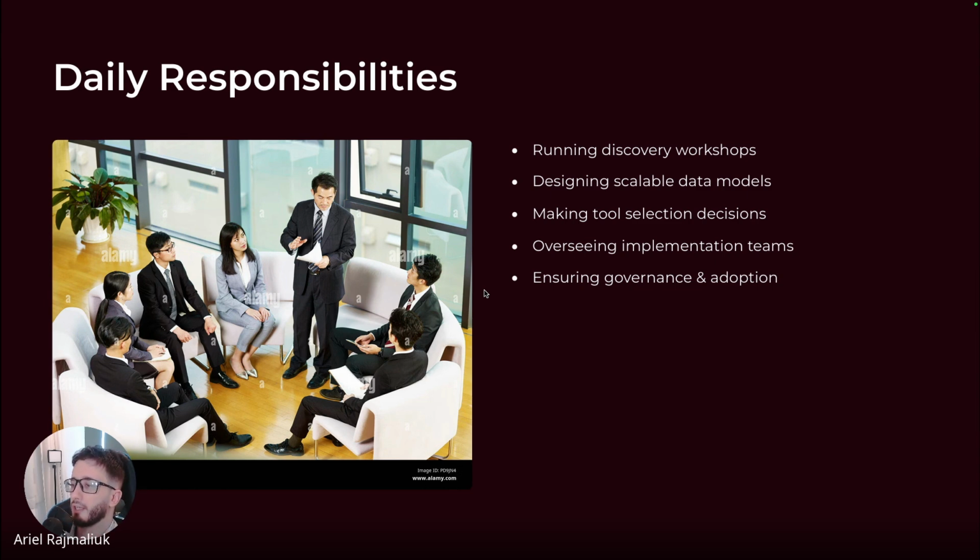Then you will need to make tool selection decisions. Okay. And as I said, when you are a HubSpot solution architect, you need to define what tools you are going to use for this company. A very common scenario, you talk to a company and it happens that they use HubSpot, NetSuite, Make, Zapier. They use WordPress, and maybe they have their landing pages in Unbounce. And when you start counting, they have 30 different tools and 400K a year in licenses.